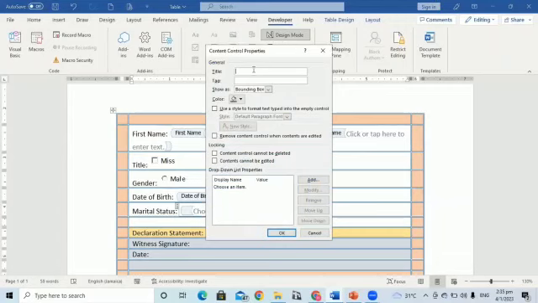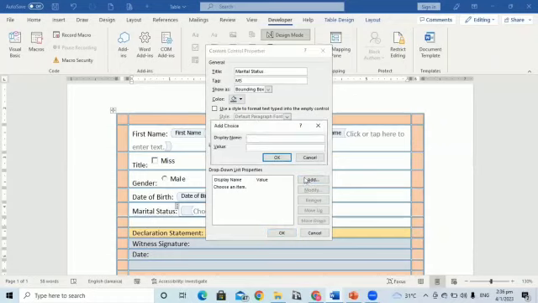For our title, we have Marital Status. Tag is MS. Now we need to add, notice you're prompted to add here, we need to add our 4